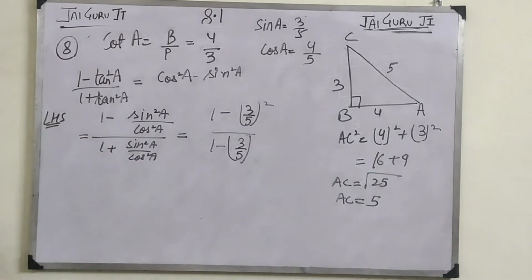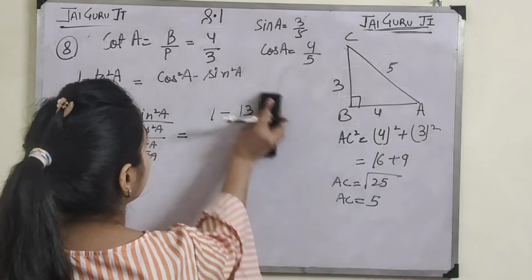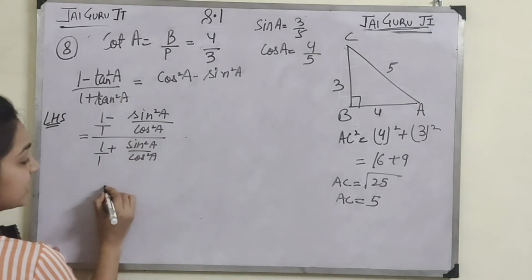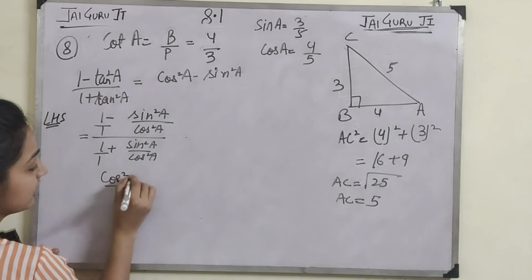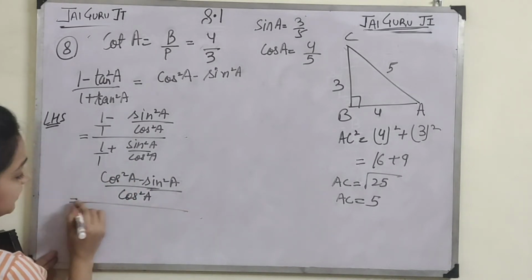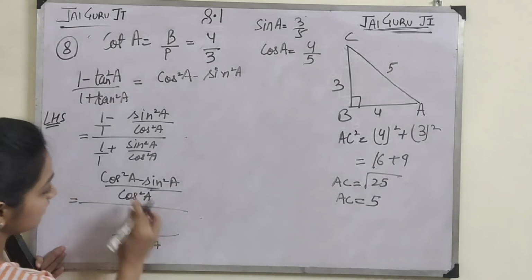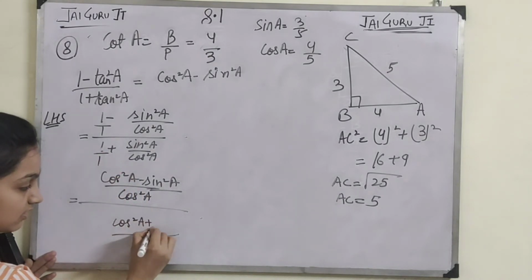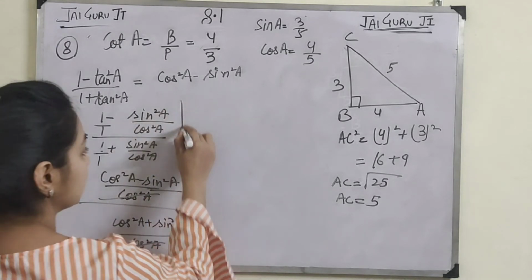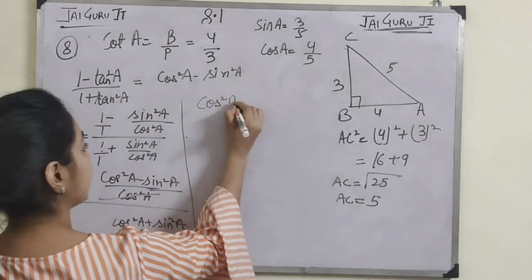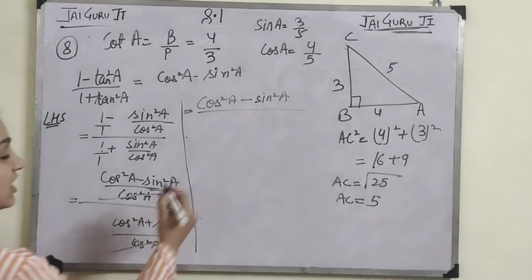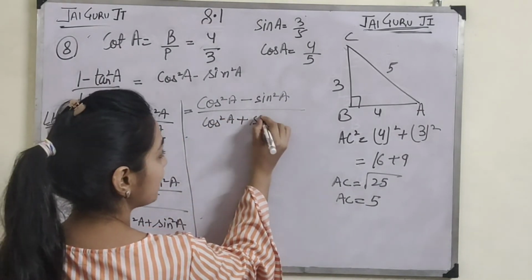Okay, I have to do it the other way now. Wait, sin square, if I am taking the LCM of this only. Cos square A comes down, and up comes cos square A minus sin square A. Below also cos square LCM has come, cos square A plus sin square A. I took the LCM, and these two get cancelled. So I am left with cos square A minus sin square A, and below cos square A plus sin square A. I took the LCM first so that my solving becomes easy.